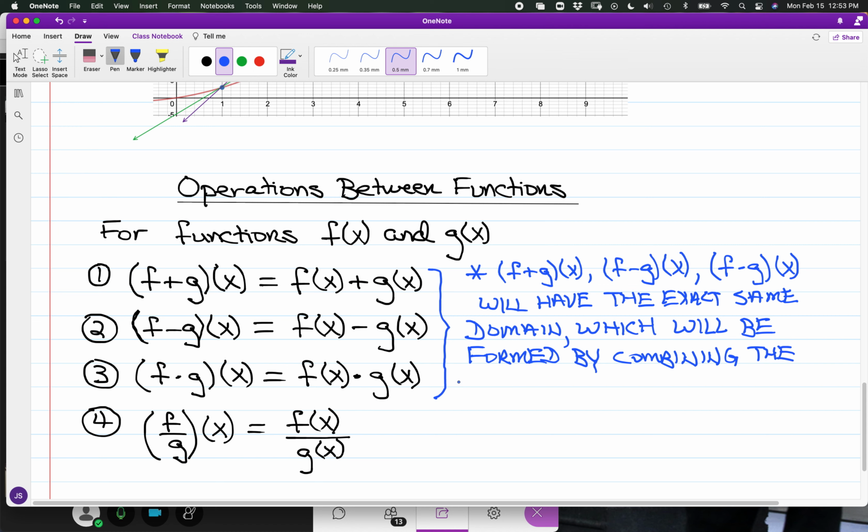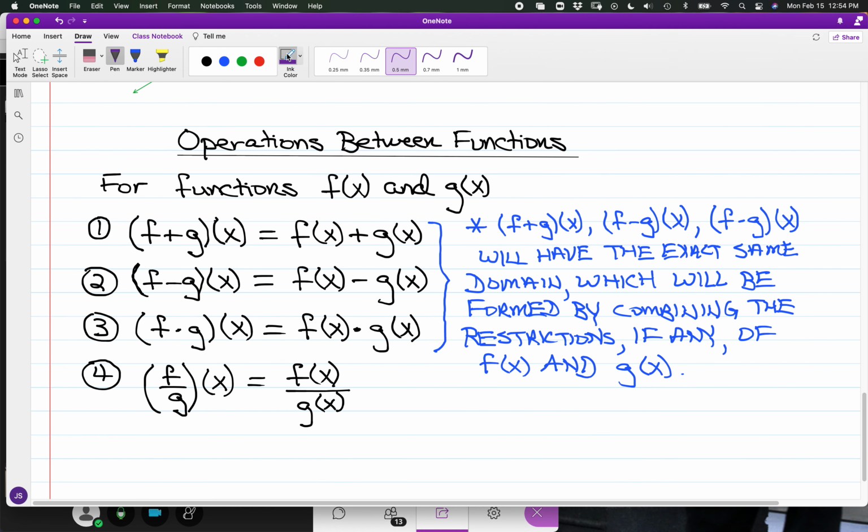Okay, so the first three operations have the exact same domain, which will be formed by combining the restrictions, if any, of f of x and g of x. Now, for the quotient function, okay, now in this one,